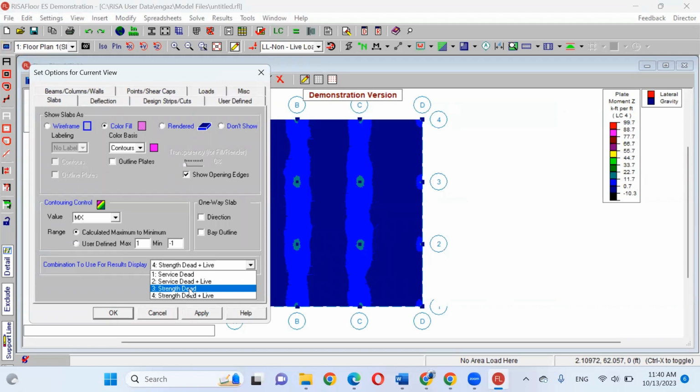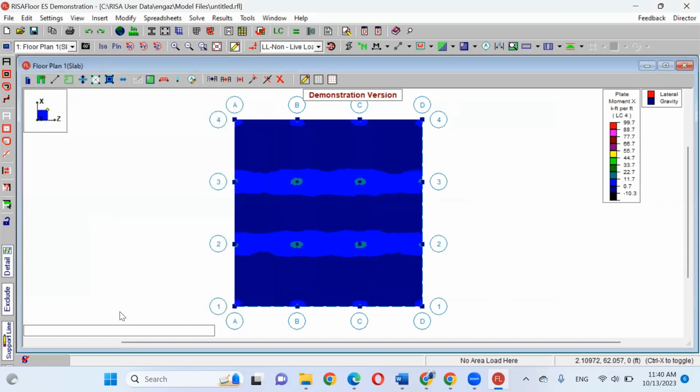If you go back to the first module, we have different combinations. One of them is dead load only, but this is not the case. We are going to use dead plus live strength. Okay? You will have different colors because the moment is now in X. Any questions so far? No, sir.